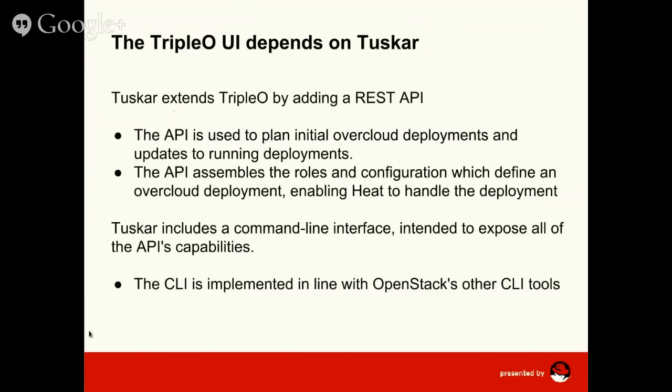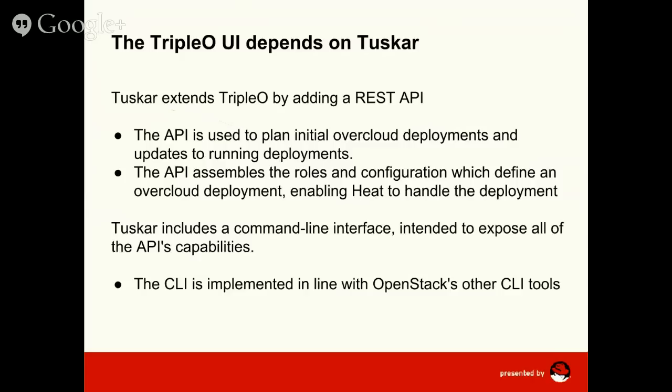One important point to make is that the TripleO UI depends on Tusker, and I wanted to mention Tusker because this seems the best point in our overall pitch to do so. Tusker basically extends TripleO by adding a REST API. The API lets people plan out their Overcloud deployments and their updates to their Overcloud deployments, and it cooperates with Heat